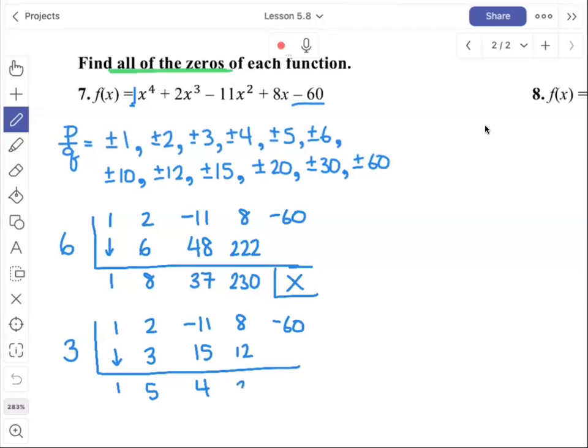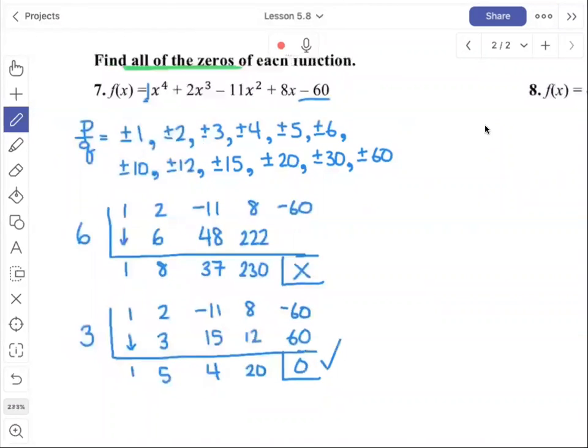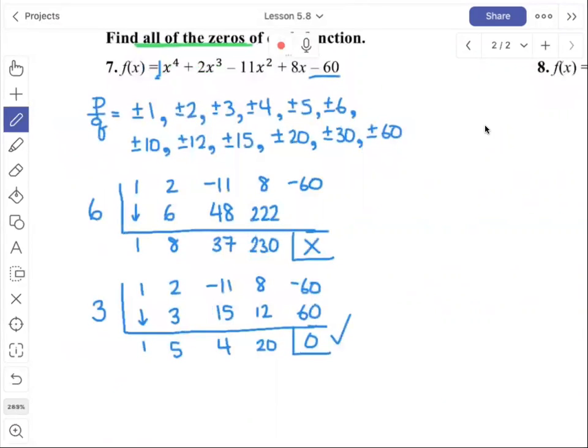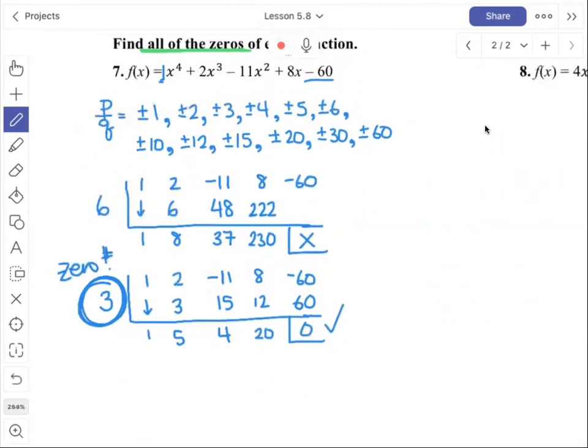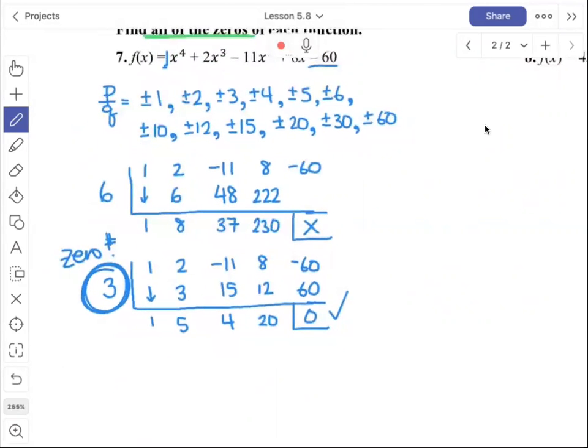12 plus 8, 20. And ooh, hey, even better. All right. Love it when I see that 0. Okay, so this remainder is 0. So this is a 0. So yay. We got 1. And what you could do is keep testing out all the other ones, but